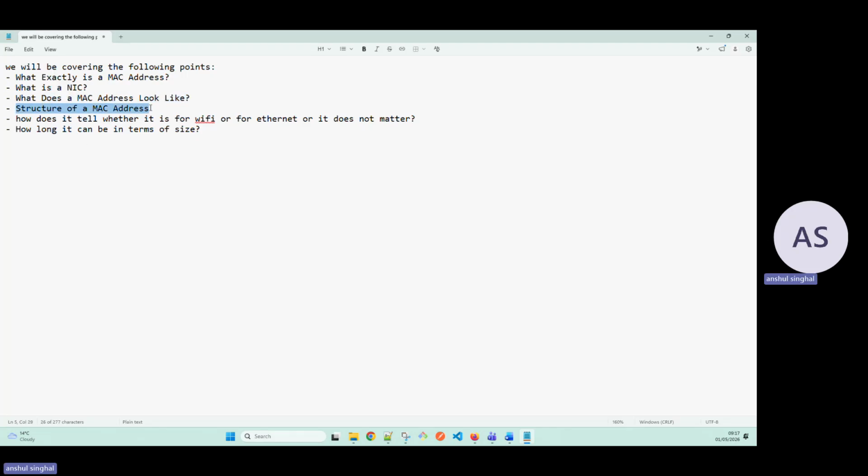Then the structure contains 2 parts. The first part tells which company built this MAC address or chip, and the second part is just the device identifier, right? So now